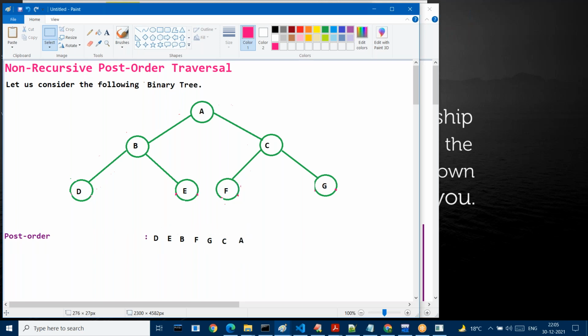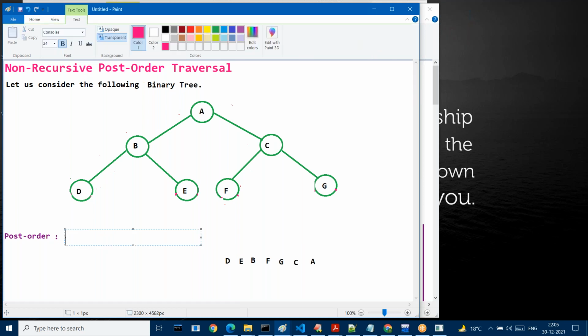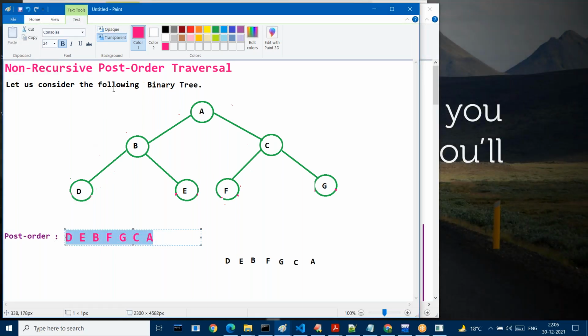Okay. Now what we are going to do here, guys, is very similar to in-order traversal. This is not looking good. One minute. What is the final answer, sir? D E B F G C A. This is my